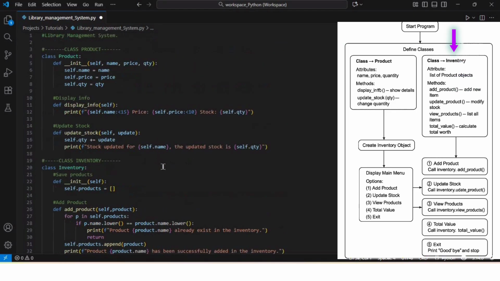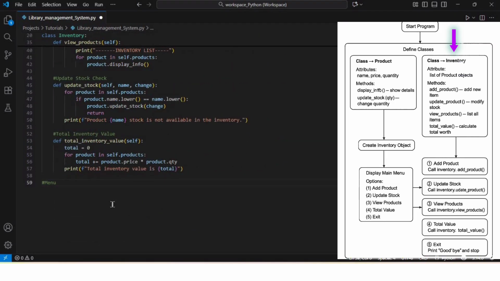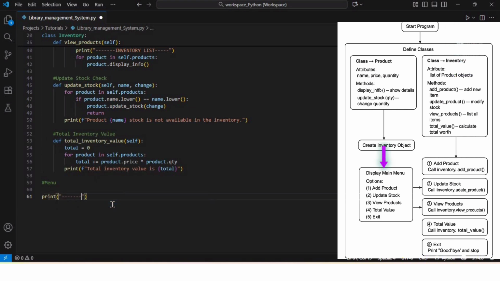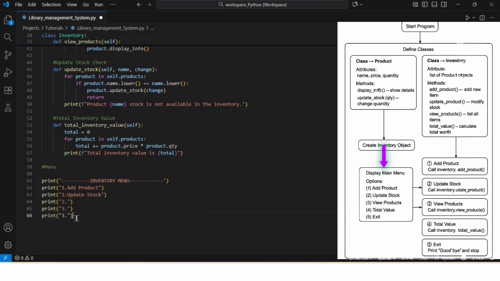And now since we have tested all the methods and the classes, basically we have two classes, and inside of these classes we have multiple methods. Finally we need to create the main program, which is basically this menu. So it should first display the inventory menu, and then multiple options should be displayed. First will be add product, second will be update stock, third will be view products, fourth will show the